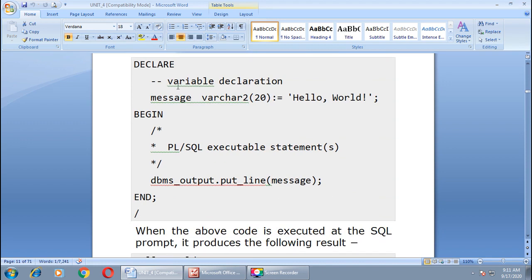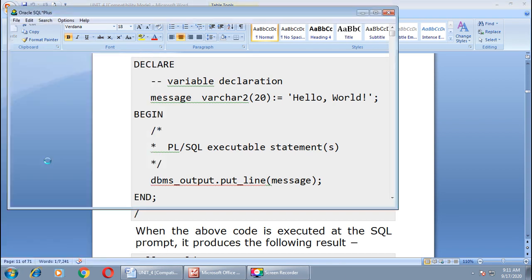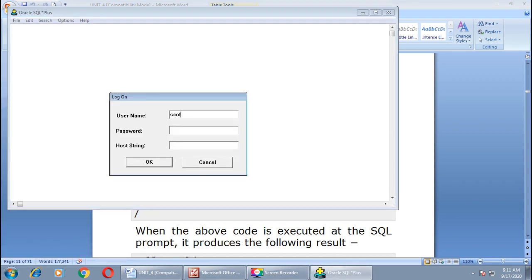We want to give one comment. Let us execute this code in our SQL window. For that, open the SQL window by giving Scott and Tiger.